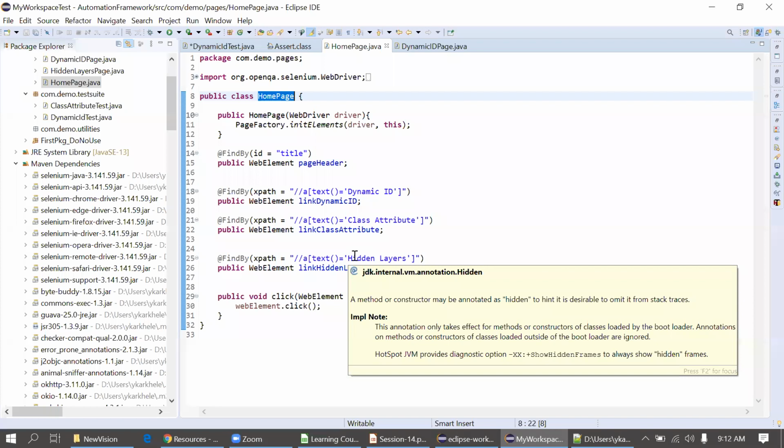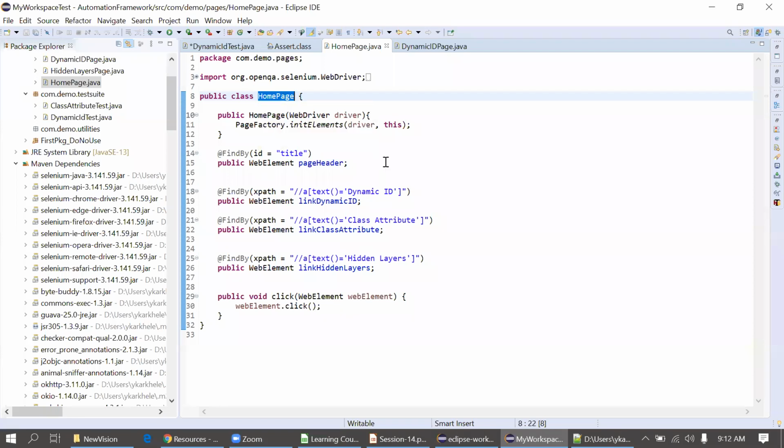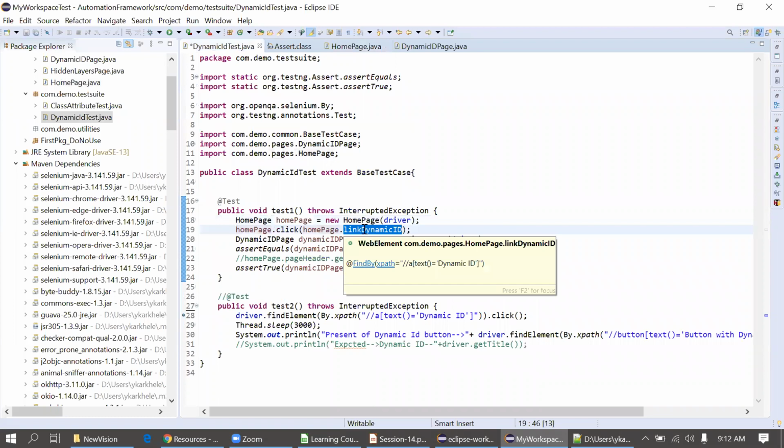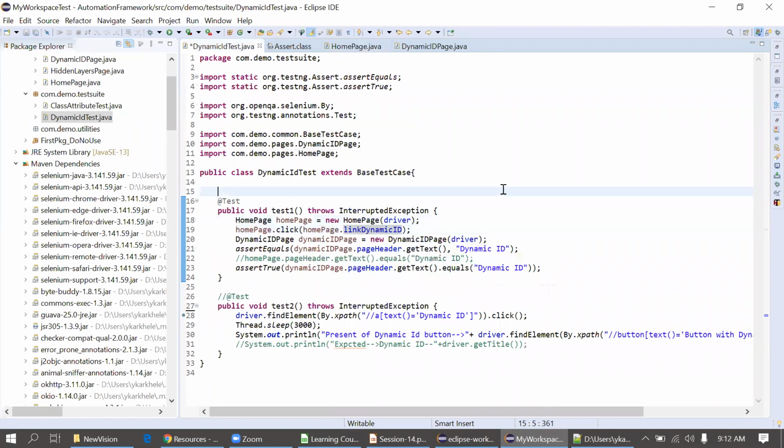If we are creating a home object, there are so many things: title, then dynamic, then web element, then attribute. It will call everything at once? No, no. We are just creating the object, but whichever we require, we will use the object reference and call the respective web element. We are not identifying all the things at once. That's why you can see the code again: we have just created the object, and by this object we are calling this link dynamic ID here. Okay, got it. No problem.